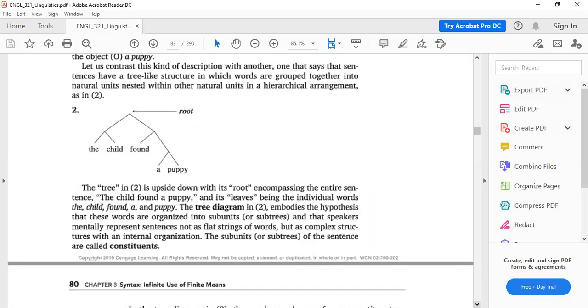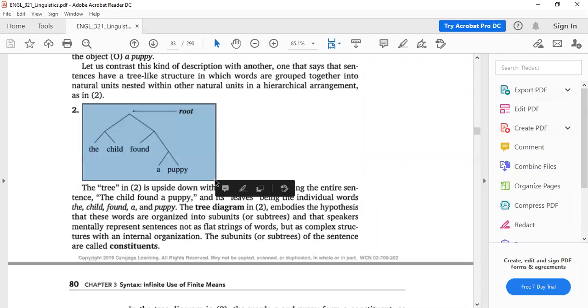in our brains. So that's why Chomsky suggested what he called the syntactic trees. So this is a tree, but it is different from real trees. Why? Because in real trees, where is the root? I'm asking about trees in real life, in the real world. In the bottom. Underground. Yes.